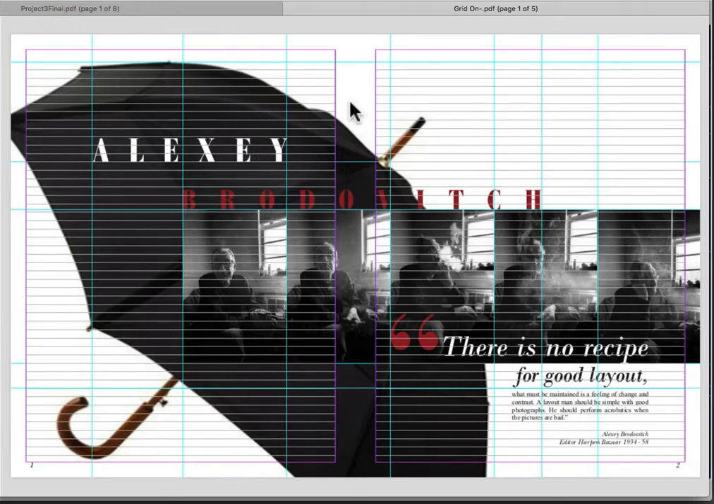is Alexei Brodovich. And this designer chose to use a baseline grid with column structures. And you can see the column structures are not consistent. So this is a little advanced and maybe not even particularly a good idea, because it's not going to provide continuity between